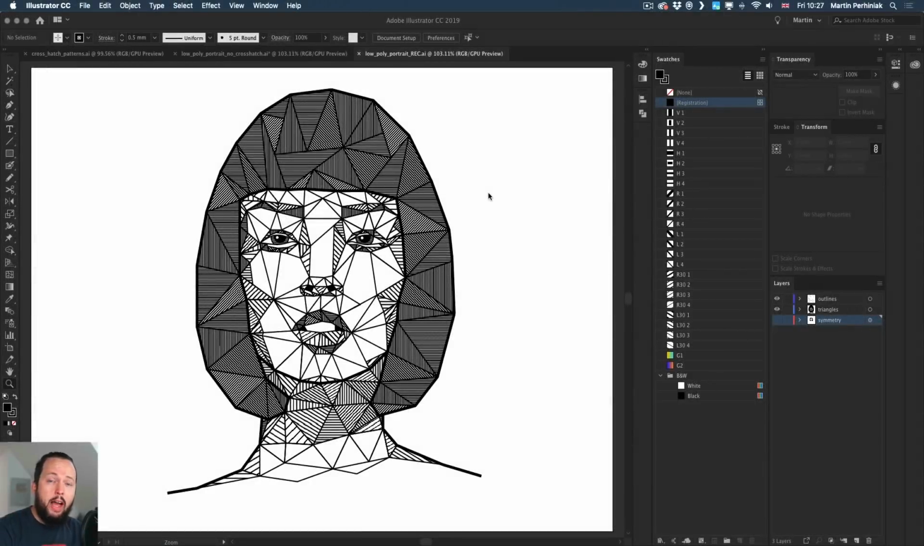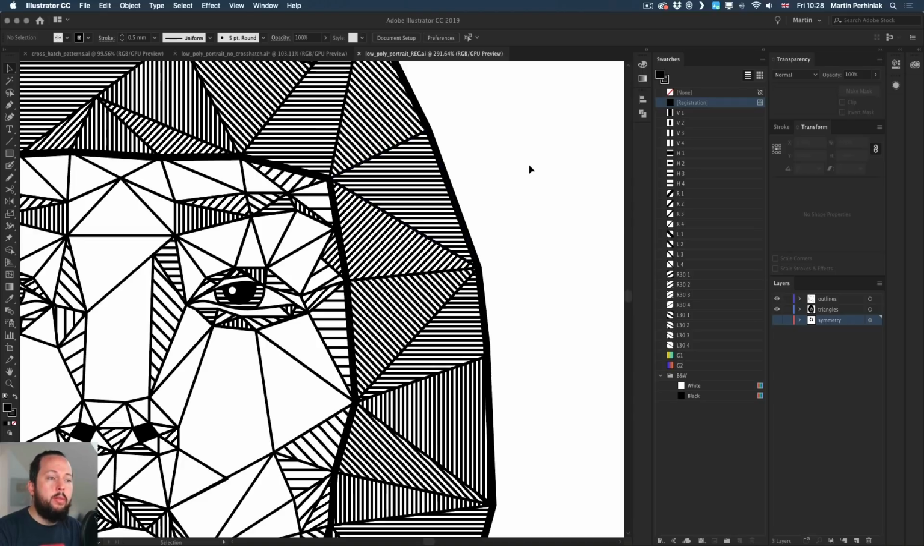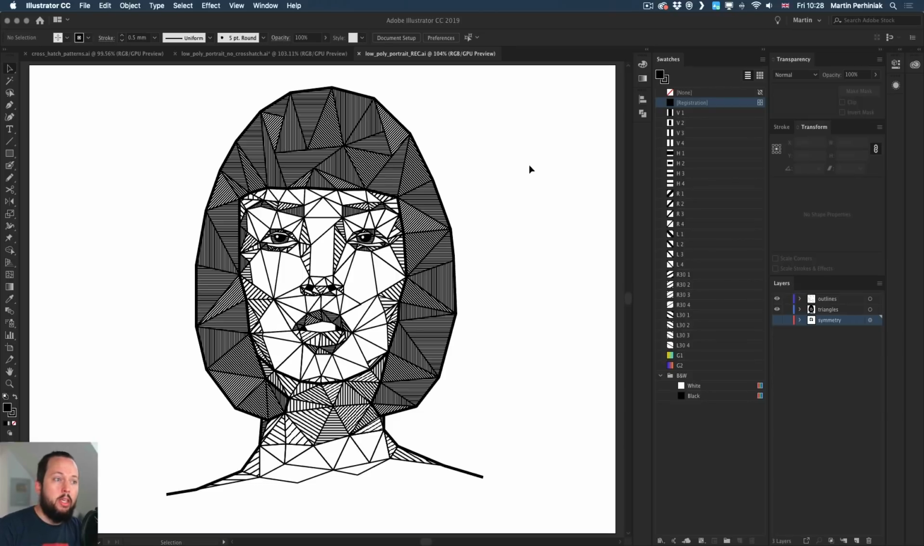So first of all, I would like to show you how I created the crosshatch patterns, because that's obviously crucial for this artwork. Each of these triangles have crosshatch on them. That's what I used instead of colors or shading. And obviously wherever I wanted to have darker details, so basically the shadows, in this case the hair, I used